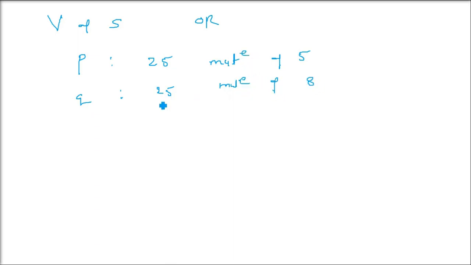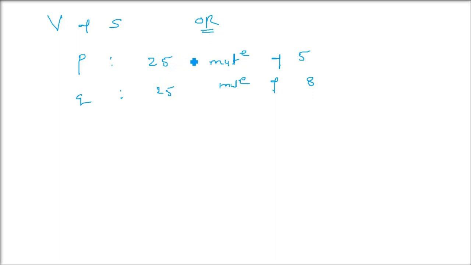So we have just seen it for 'and'. Why not see it for 'or' also? Same example we are going to take, and then check the validity of the statement with 'or'. Let me write this statement again. P is 25 is a multiple of 5. I'm writing it in short because it is the same as the previous one. Q is 25 is a multiple of 8. Now we have these two statements. Let us check the validity of the statement P or Q.